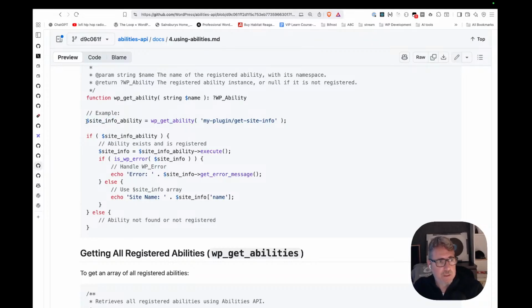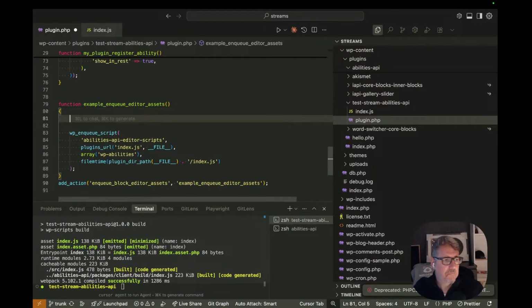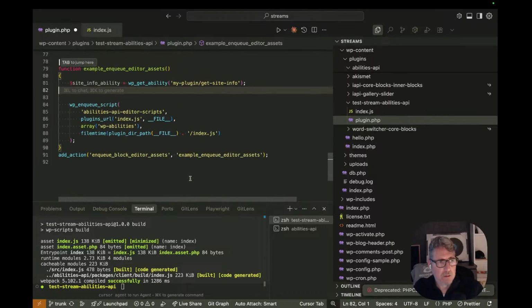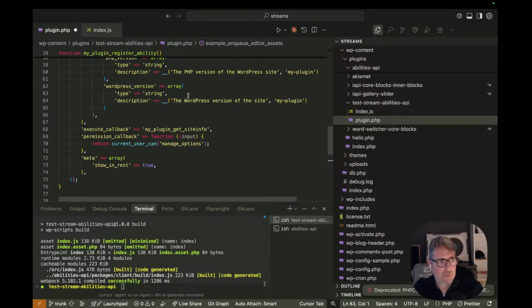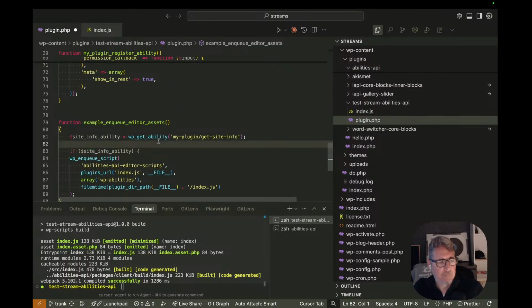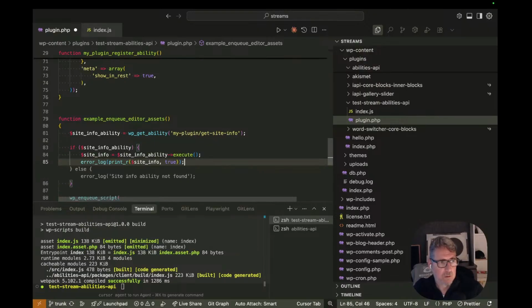So what we can do is site info ability here. My plugin site info. So what I can do is, for example,